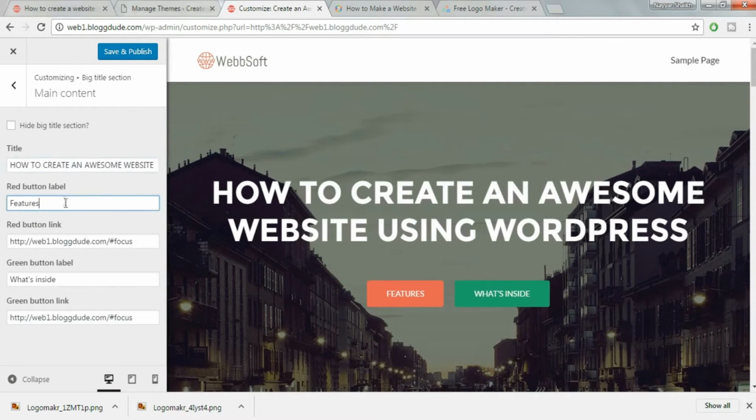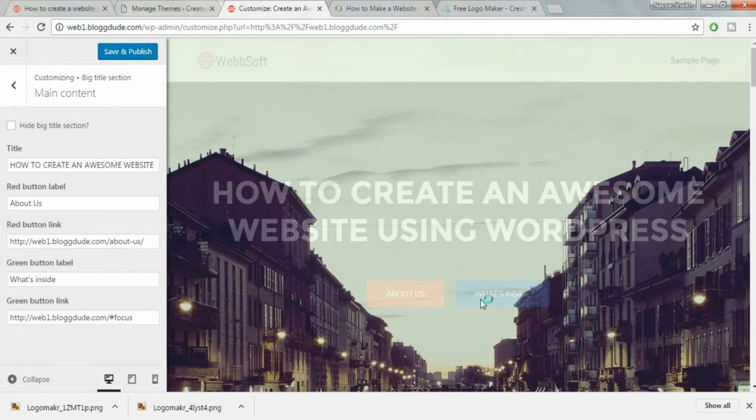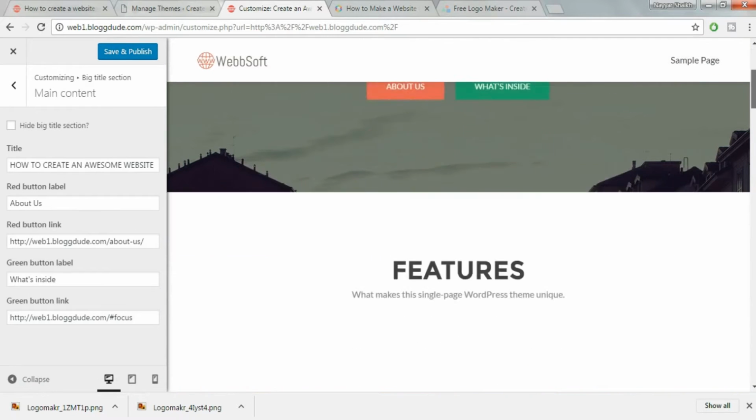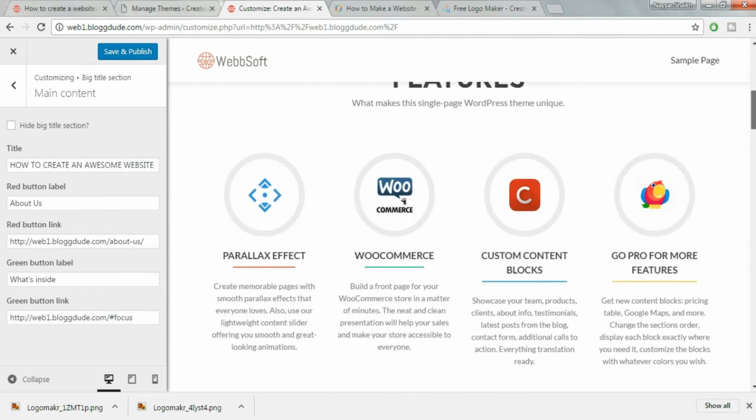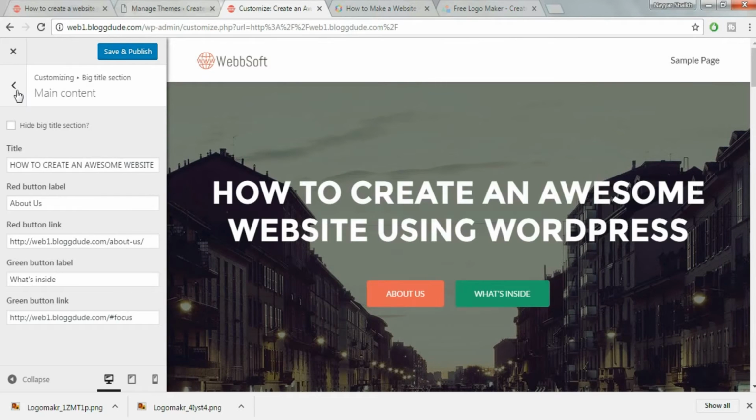And red button label, what your red button should say. At present it says features, you can change it to anything. For example, let's put about us. Okay, as you can see now it shows about us. Now red button link, where this button should link. So we can link it to anywhere like about us page or a different website, a different page, or anywhere. Now when we click on what's inside, we are directed to the features section, which is good. So I want to maintain that thing, so don't change anything over there. Okay, now come back,